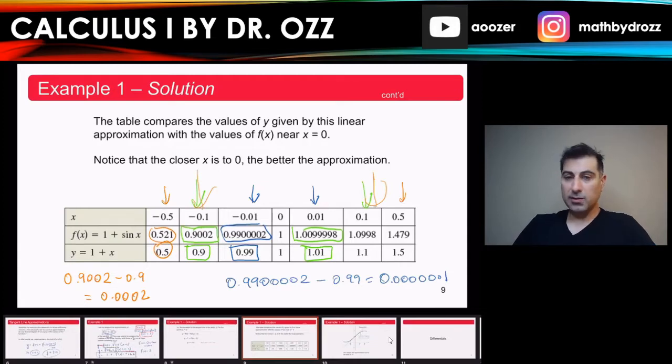If you're okay with this type of error, then go with that. If you're not, obviously this approximation is not a good approximation for you, because we are using a very simple approximation, a linear approximation, to approximate the function values. There are higher order approximations which you will probably see in more advanced math courses, like quadratic, cubic type of approximations. Then you will have a better precision,